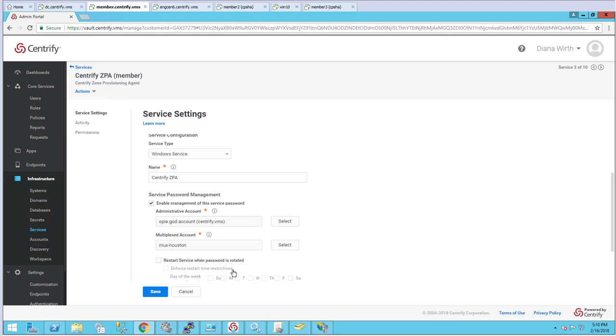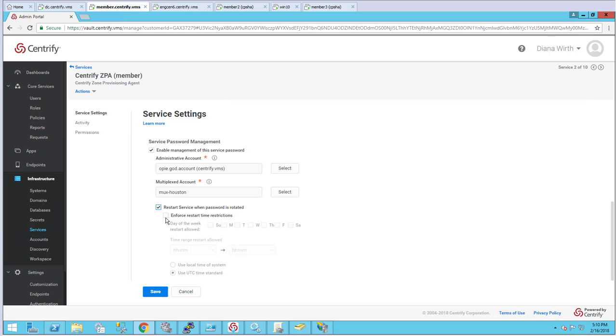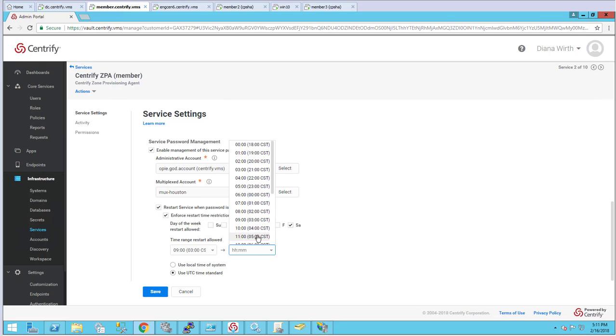Because if you want to change the password with a single account and you want to start the service, if replication hasn't happened, you may not be able to start the service. So here I'm going to set that restart the service when it's rotated. Notice that I can set up a maintenance window. I can say, hey, every Saturday from, I don't know, 9 a.m. to 11 a.m., when the password needs to be swapped, and then I can just go ahead and say